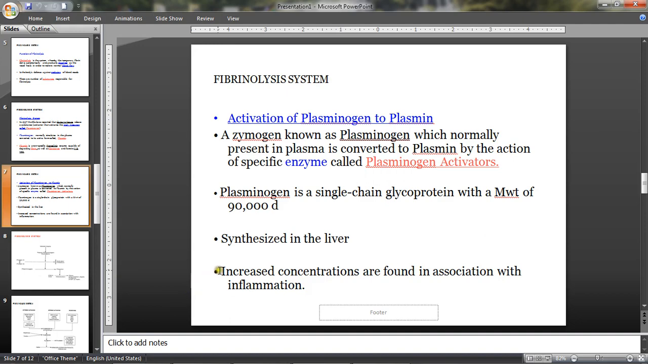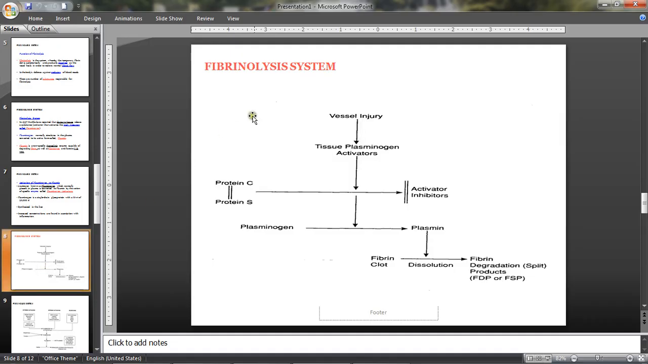So this is one of the factors which is a component of the inflammatory soup also. Now in this flow diagram, very simple to understand, the vessel injury releases the tissue plasminogen activator. Now this tissue plasminogen activator is acting with the help of the protein C and S, and in fact the inhibition of the